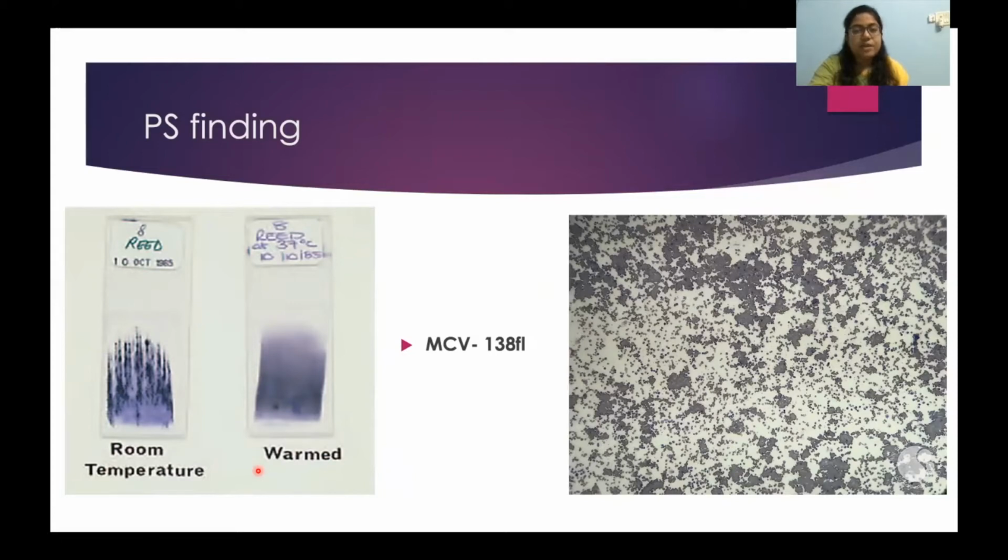Whenever the agglutination is present so extensively, the machines will give a falsely increased MCV. So if you ever get a call from the lab that the MCV of the patient is way too high, like 138 femtoliter, 142 femtoliter, etc., then please ask them to check for agglutination in the peripheral smear. This is how the smear will look, with extensive clumping or agglutination of the RBCs. This is not the deeper end of the slide. This is near the tail end, where we should be examining the slide, and this type of condition is seen whenever there is an increased amount of cold agglutinin in the blood.